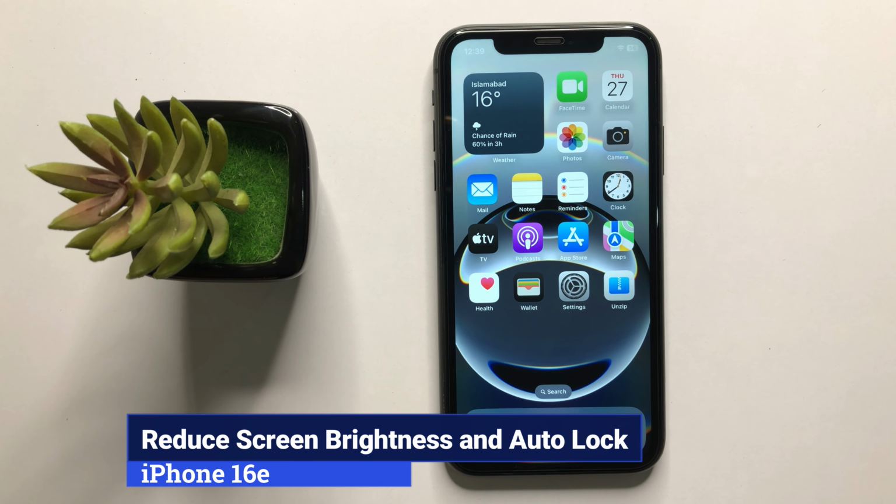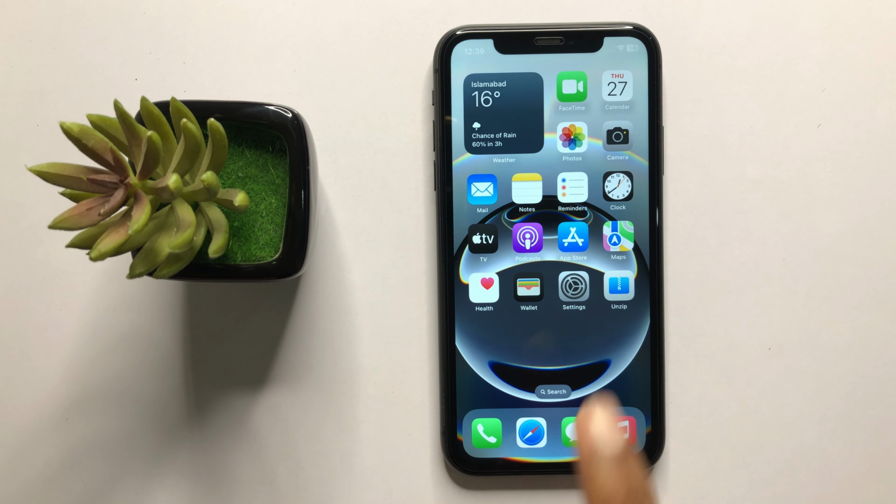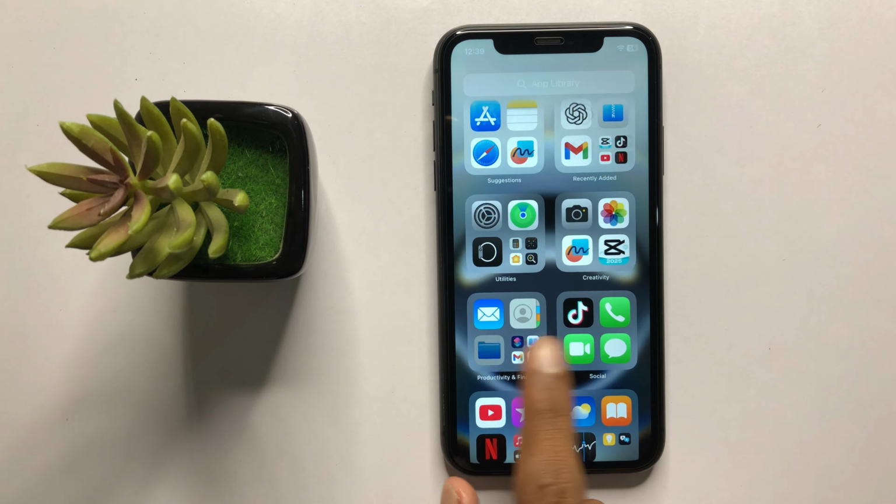How to fix reduce screen brightness and auto lock in iPhone 16e. So let's start the video. First of all,